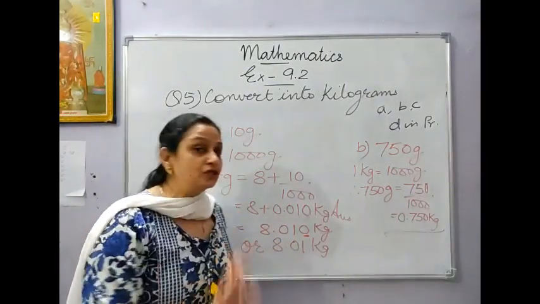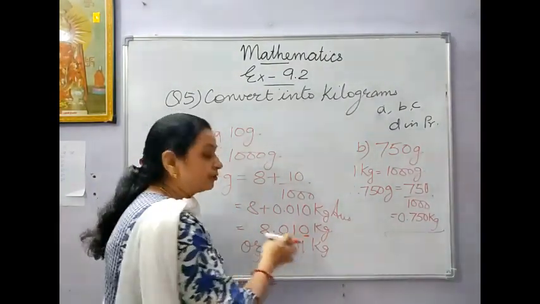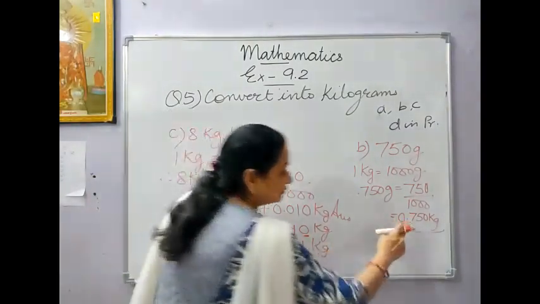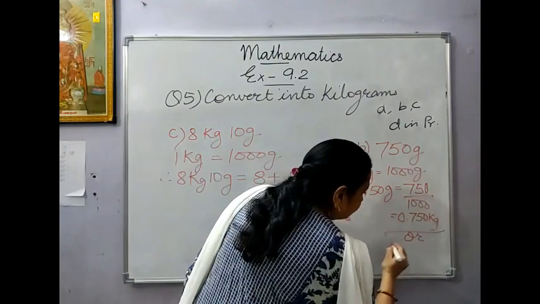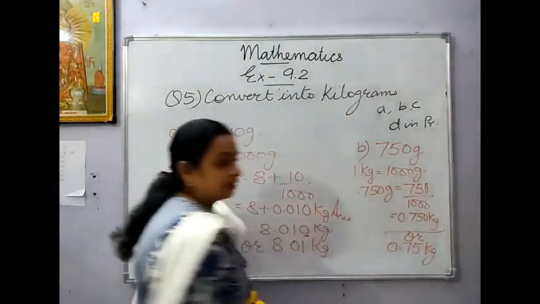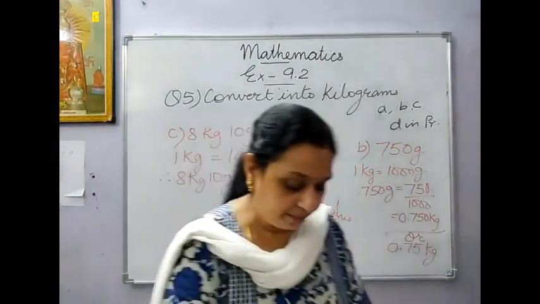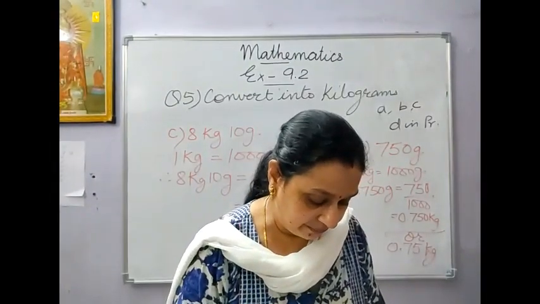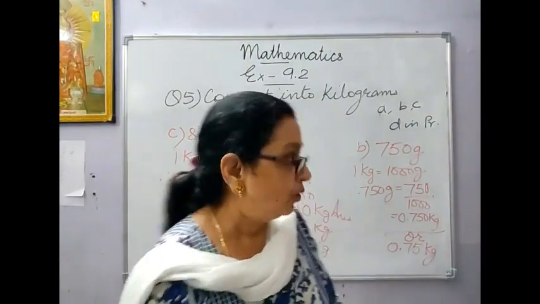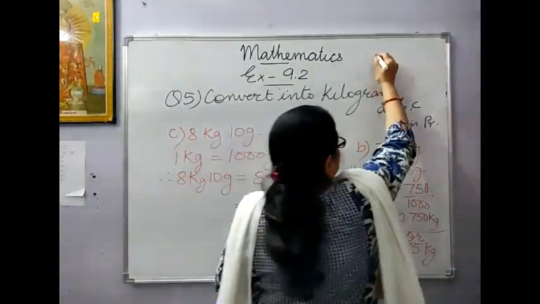Okay, if you are writing, it's not wrong. But if you are not writing, that is also not wrong. Extreme right, don't remember this. This should be similarly in this, or we can write 0.75 kg. It's given in the book on page number 150, you can tick mark there, page number 150.